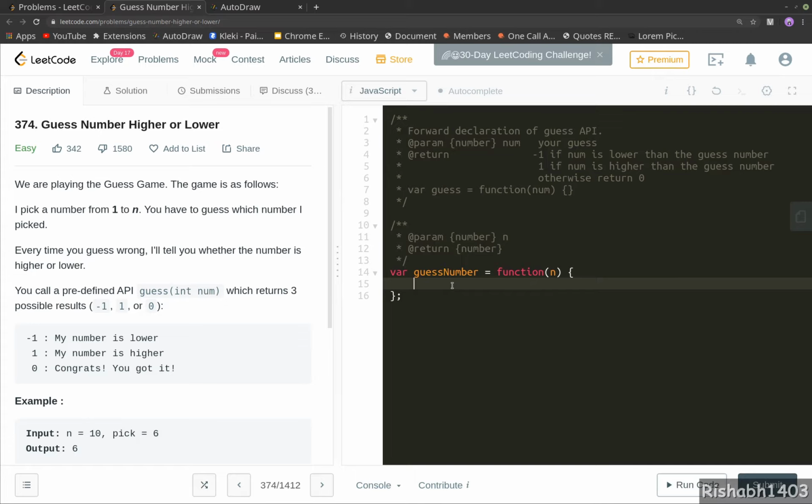First let's get rid of a very simple base case. If the number itself is the guess number, that is the last number, then we return that number. We don't really need to do any computation here. If it's not the case, then we will declare our bounds. Once we declare our bounds, we will loop as long as n is greater than 0. You can also have an infinite loop here, because the number will eventually converge to our pick number.